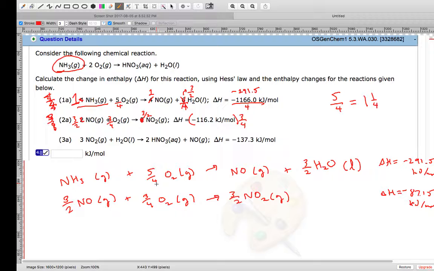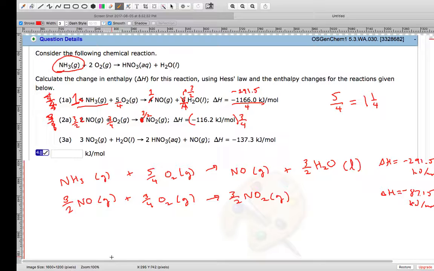For now, just consider these fractions as numbers of moles instead of numbers of molecules. Remember, chemical equations can be about numbers of atoms, numbers of moles, or numbers of molecules. They just can't be grams or milliliters, you know. They have to be numbers of